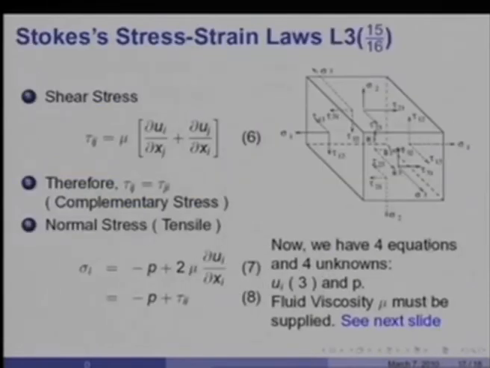So, now we have 4 equations and 4 unknowns, 3 velocity components ui and pressure p, and also one more additional constant called fluid viscosity mu. Now, this viscosity was simply a constant of proportionality between stress and strain. It is our great fortune that viscosity has turned out to be the property of a fluid rather than the flow. Imagine if